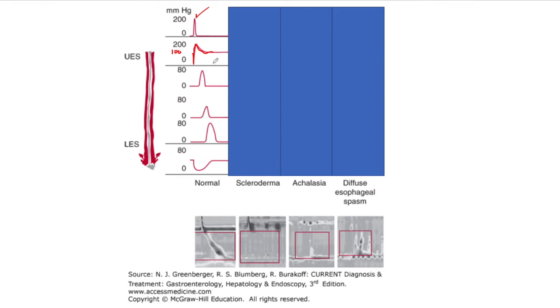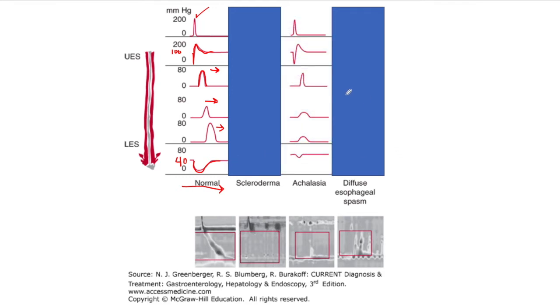Now, as our bolus of food progresses down the esophagus, what we see is these almost action potential type increases of pressure. And as we move further down the esophagus in time, you can see that the pressure sort of moves forward, propelling that food towards the stomach. When we get to the lower esophageal sphincter, we have a steady state pressure of about 40. When that food bolus reaches the lower esophageal sphincter, it's going to relax and then close behind that bolus, okay, and return to that pressure of about 40. In our